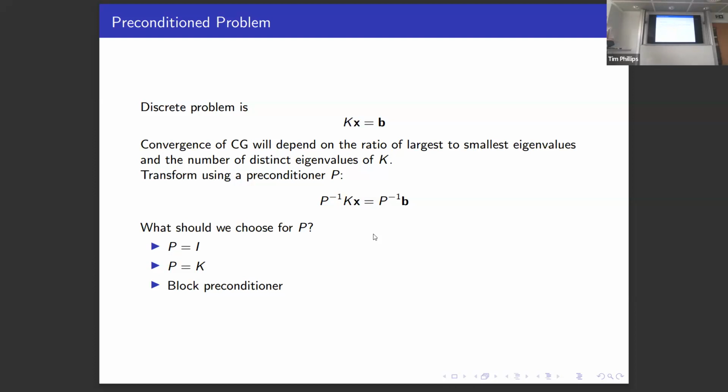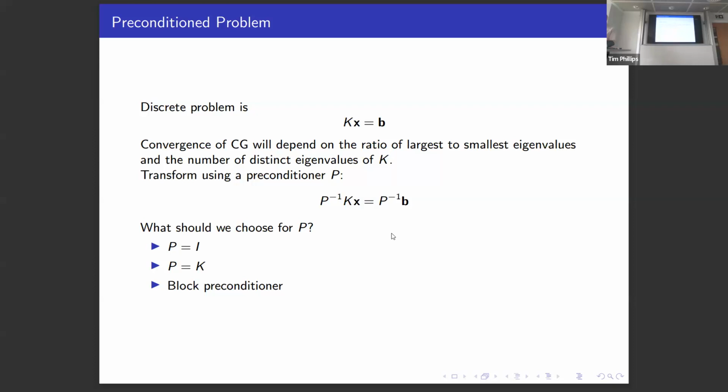Well, first of all, there are the two extreme cases. P equals I, the identity, of course, is not using a preconditioner, just solving the original system, which is very expensive. You could choose P equal to K, but of course, that's just inverting the original matrix. So we want to try and find somewhere in between I and K that is able to lead to a system that is easy to solve and is a good approximation